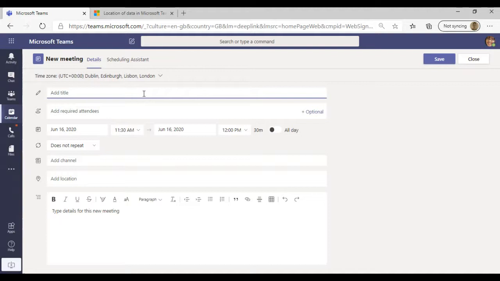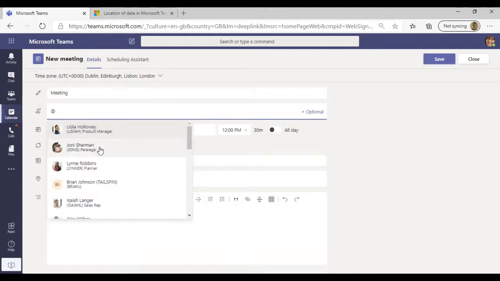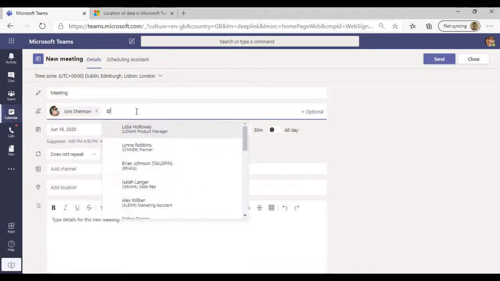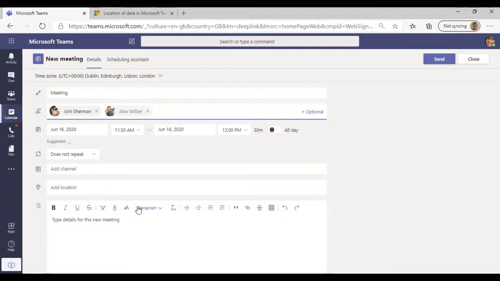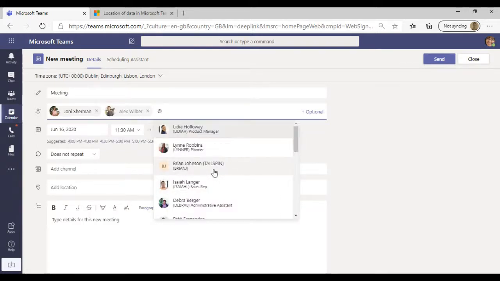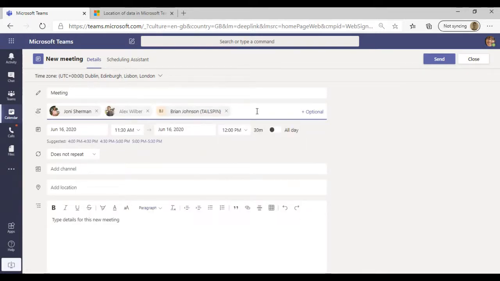But let's say we wanted to book in a meeting and we wanted to add some attendees. We wanted to say add Johnny in here, and I want to also add in Alex, and I also want to add in Brian Johnson in here. Now, this is only relevant to people within your own organization or your own domain, but we've all had that instance where you have to go back saying, well, I'm free at 4, well, I'm only free at 5 o'clock, I'm only free at 3.